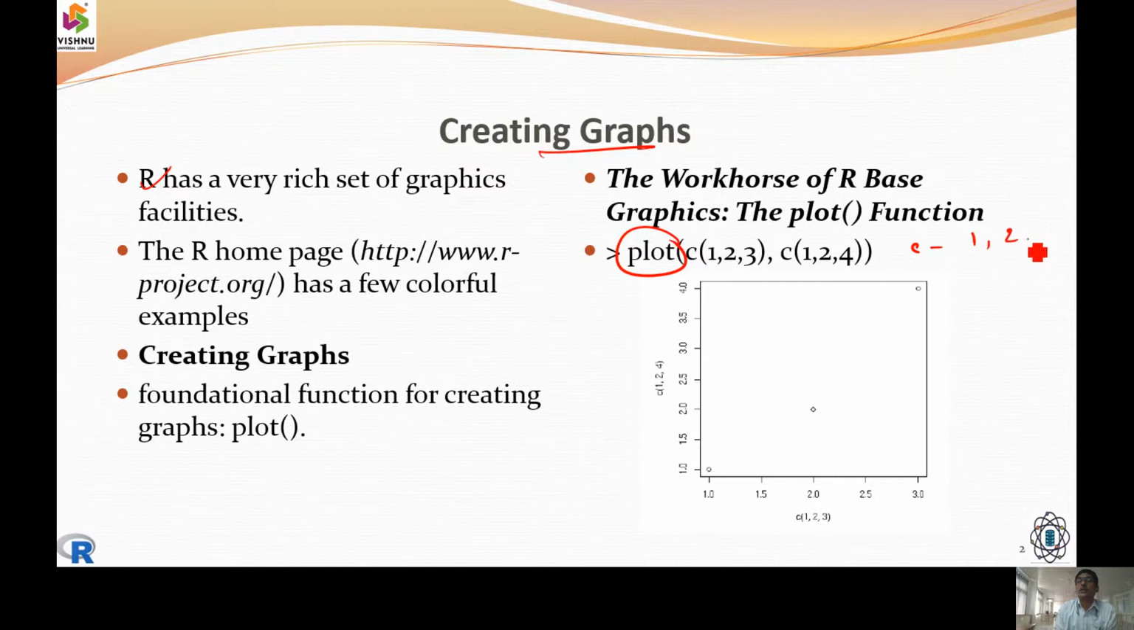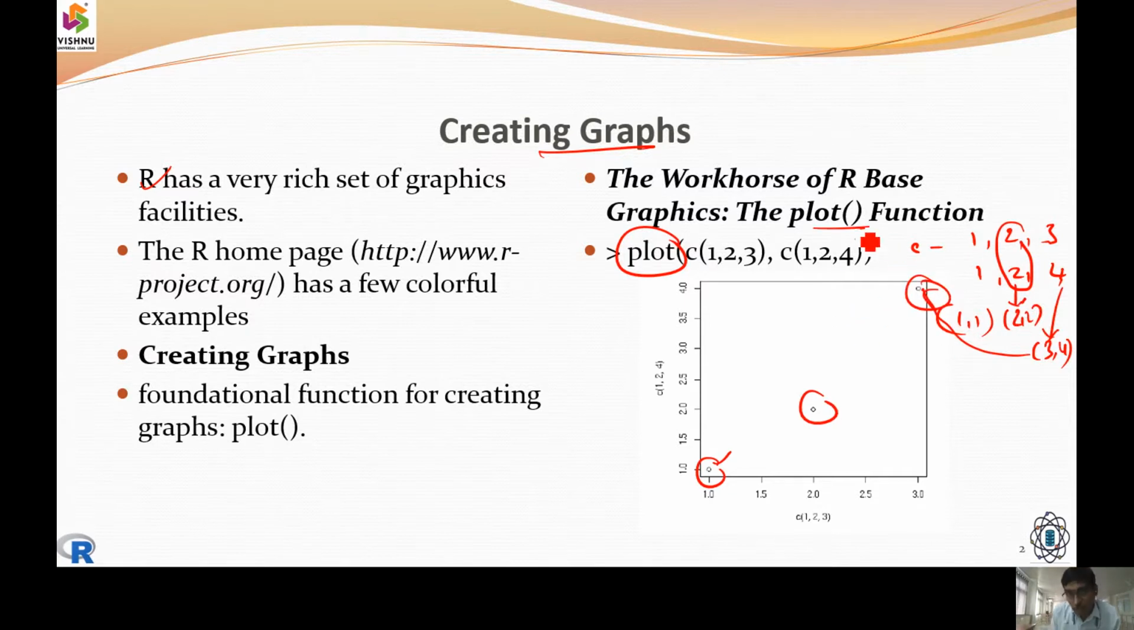Vector 1 is 1, 2, 3. There is another vector with 1, 2, 4. So now we can assume the points are (1, 1), (2, 2) and (3, 4). At (1, 1) there is a dot, at (2, 2) there is a dot, and at (3, 4) there is another dot here. Okay. So the plot function is one way to draw